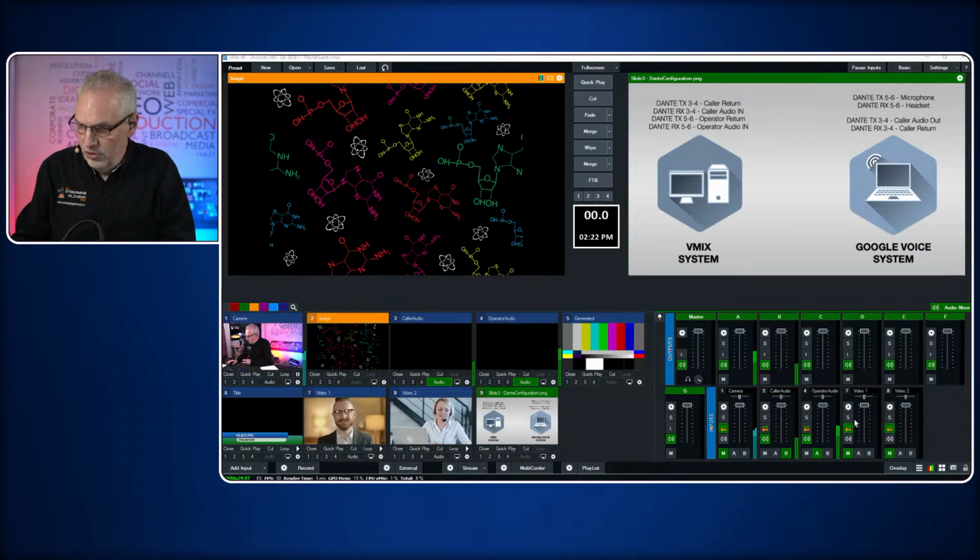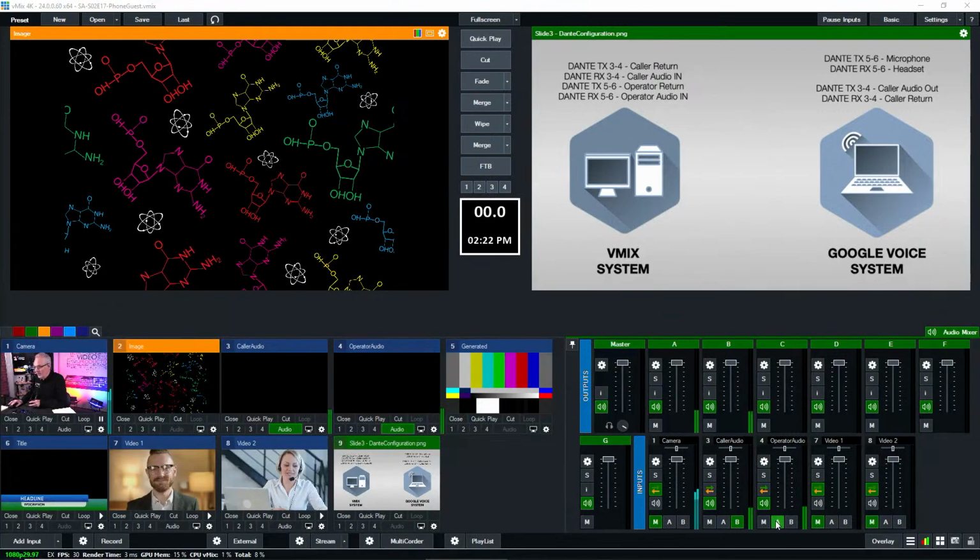And if you look down here at the way we've routed this, the caller audio is being routed to bus B, and the operator audio is being routed to bus A. So now, I have a toggle button over here. If I press the button to go on air,